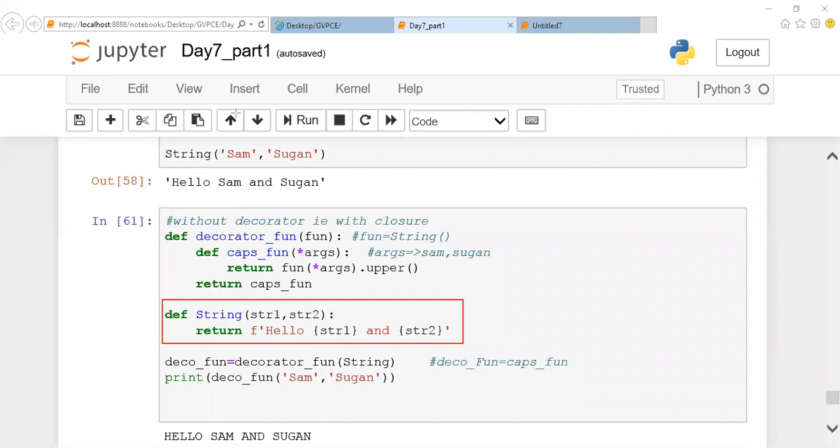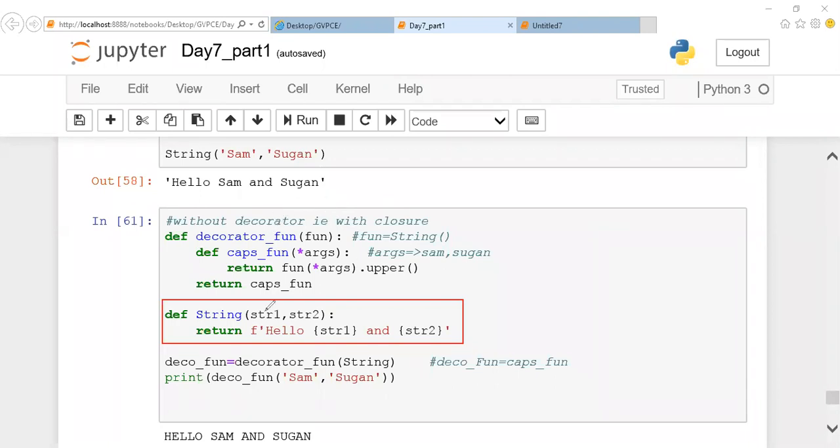What is the function call? You're going to call a function by using this string of data. Here the way of calling the function will be modified, but the structure of the program remains the same, since this is the implementation of closure. Next we'll be seeing the implementation of a decorator, where your function call and your function structure remain the same. Now let us see how to implement this same program with closure alone.